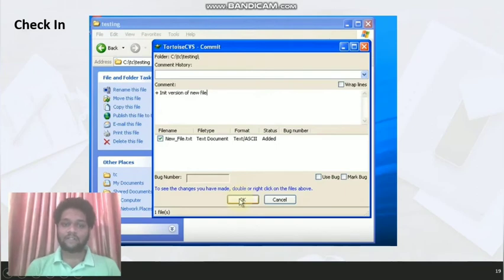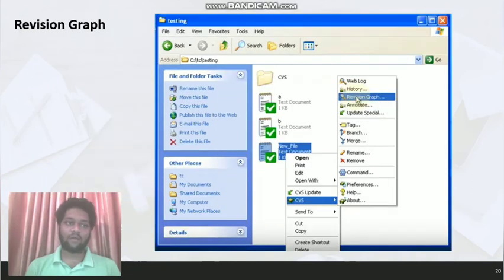Once you click on it, it will ask you to enter a commit message, which basically acts as a small description of the current version of the project that you're working on. So it becomes easier for us to come back to a particular version. Once you've done, click on OK and you can go ahead.